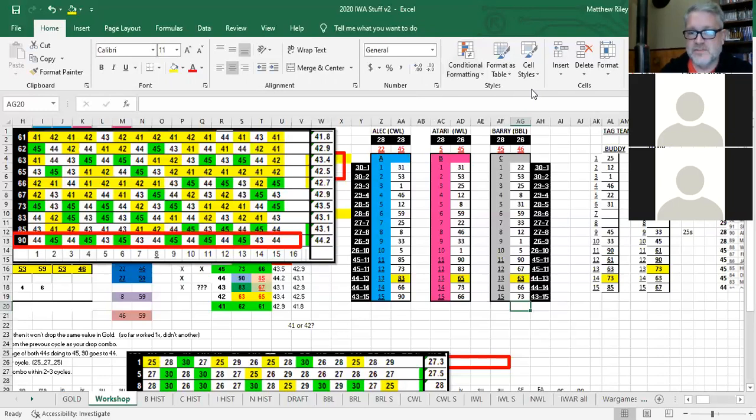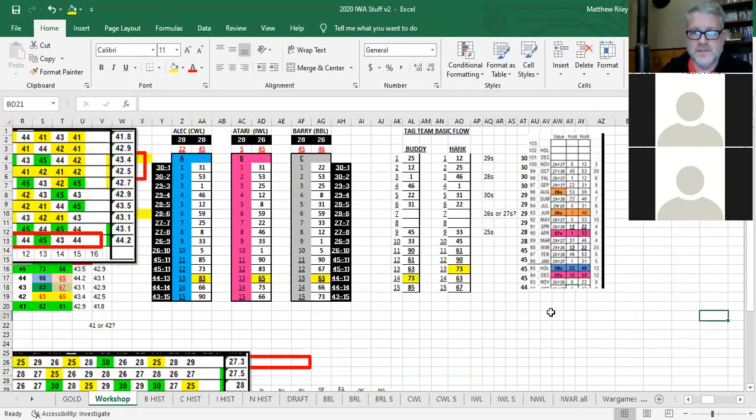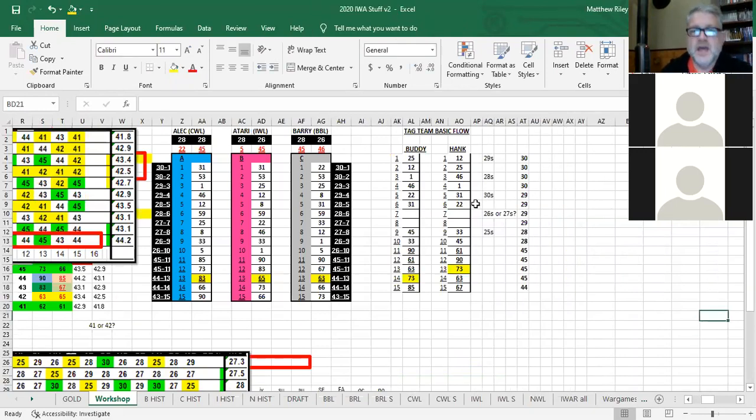So just to kind of refresh while I'm thinking of it. Over here, this is from last time. I'm just going to use this as an example to show you. This was showing how a basic tag team flow worked. And you'll see here, the 29s represent the values. So this is the previous cycle. So if I was doing it this time,